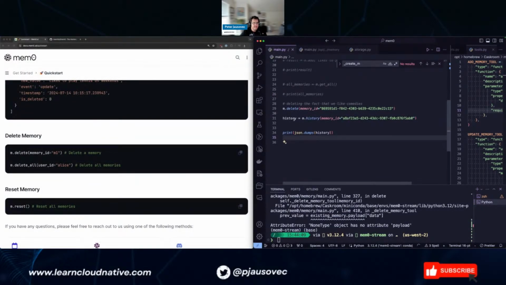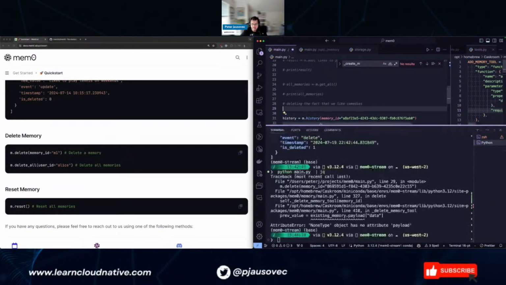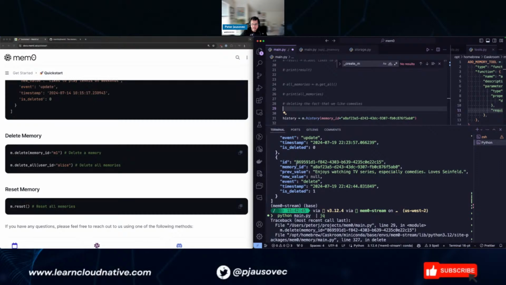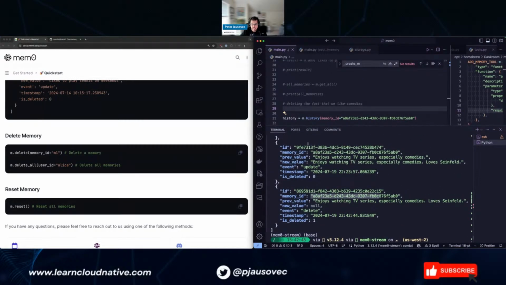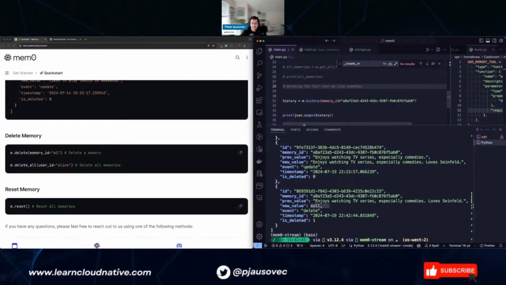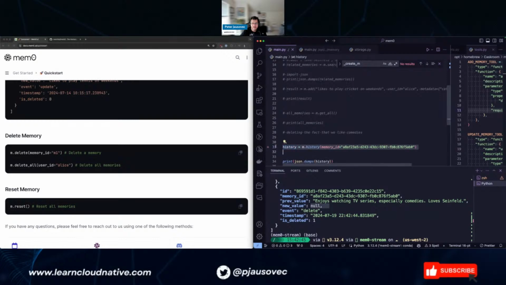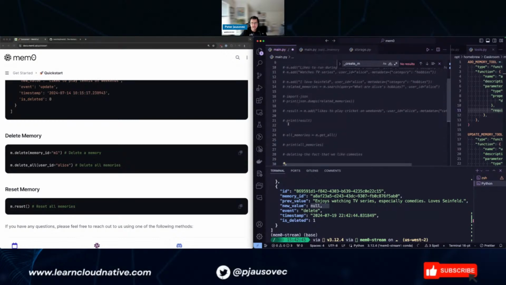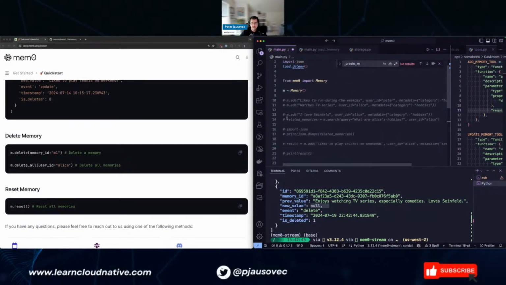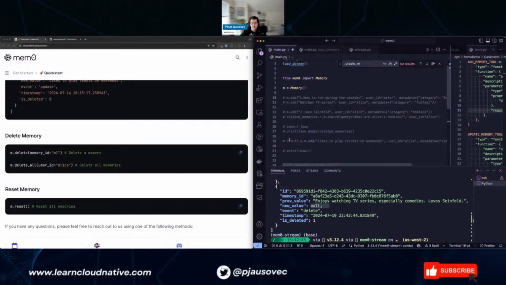So let's delete everything. If we delete all, because this was not a memory ID here, right? So this is a memory ID, which is exactly the same, right? Yes. But at this point, because we deleted the memory, we don't know anything about it. If we would ask, where was the query?